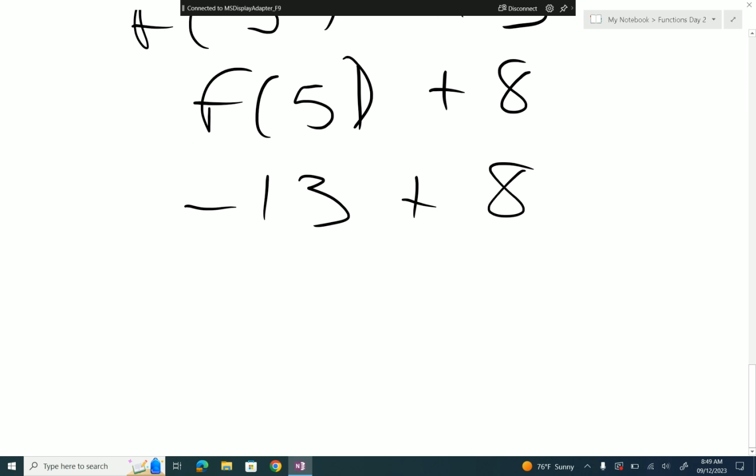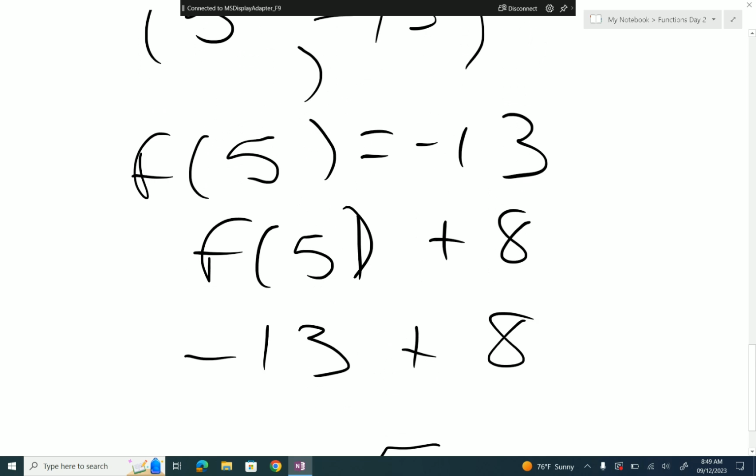Not quite. That would be negative 13 minus 8. You're good. Closer. What do you think, Raina? Negative 5. Perfect. Wait, so you just add 8 to